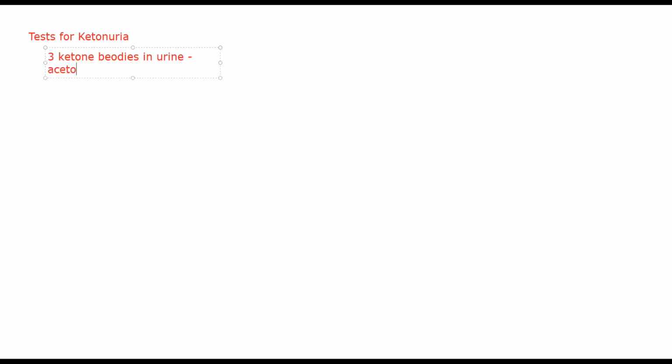One is acetoacetic acid. Around 20% of total ketones in your urine will be acetoacetic acid. Then acetone, this is 2%. And beta hydroxybutyric acid, this is 78%. So majority of ketones present in the person's urine will be beta hydroxybutyric acid, a little concentration of acetone and 20% of acetoacetic acid. These are the three forms of ketone.